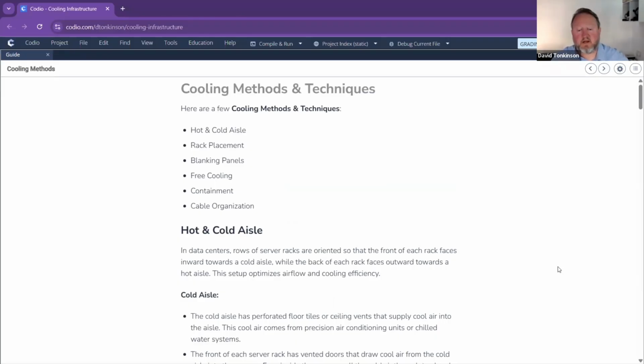So, cooling methods and techniques. We're going to look at things such as the hot and cold aisles. What are those? Rack placements, where we put our racks, blanking plates, free cooling. Free cooling, what does that involve? Things being cold outside. Containment and cable organization. You wouldn't believe it. All these things basically revolve around the efficiency of our cooling systems, which is